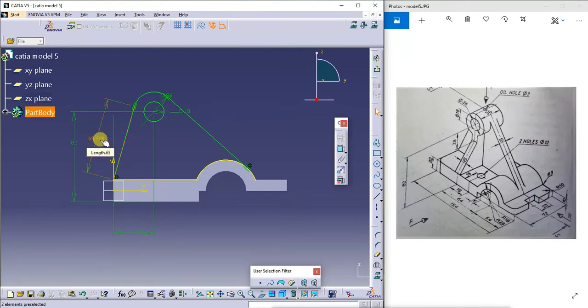I don't know this one, but still I need it because it has to be constrained. I've given this center distance, I've given the height, everything. I've given these two diameters. Still it was not turning green. So what I did, just give the dimension for this. So this is constrained now. I'll exit.